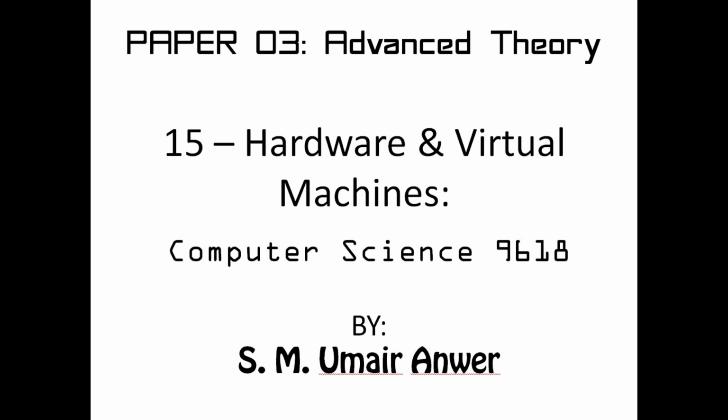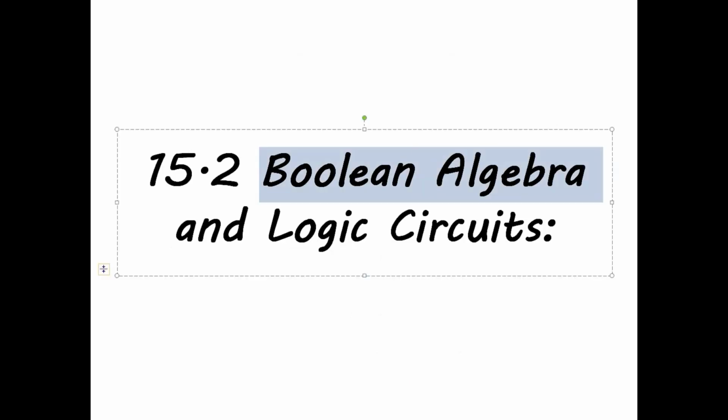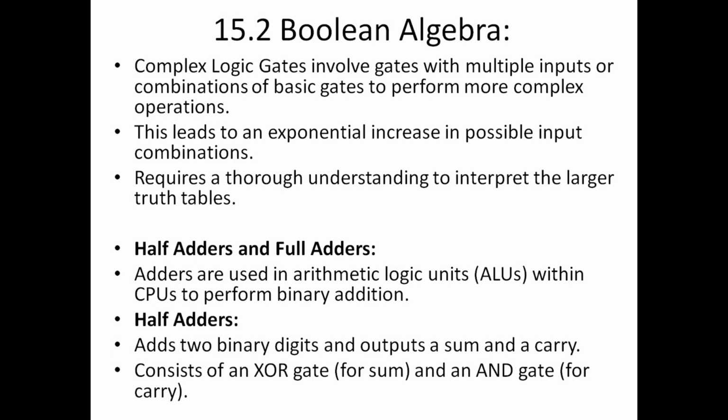Welcome to another computer science lecture for 9618 A2, paper number 3, Advanced Theory, and we were doing chapter number 15, Hardware and Virtual Machine. In our last lecture, we took care of 15.1. Now it's time to discuss 15.2, Boolean Algebra and Logic Circuit. Basically, the first thing we have in this chapter is known as half adders and full